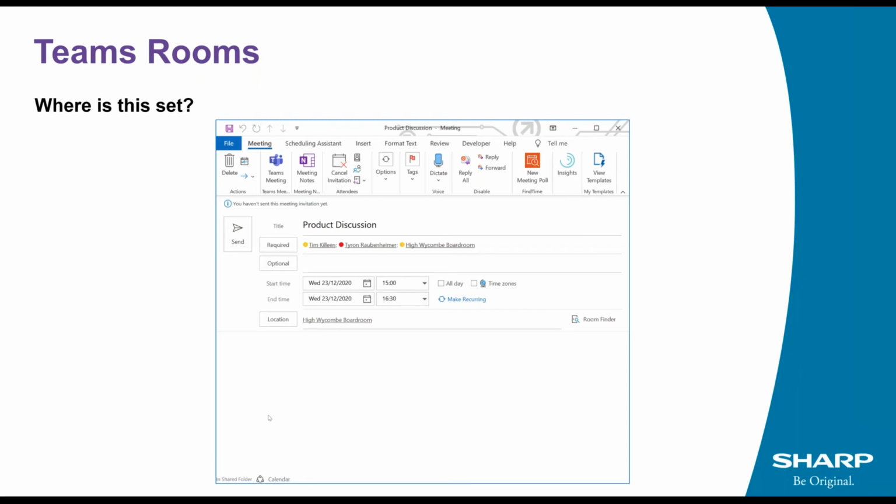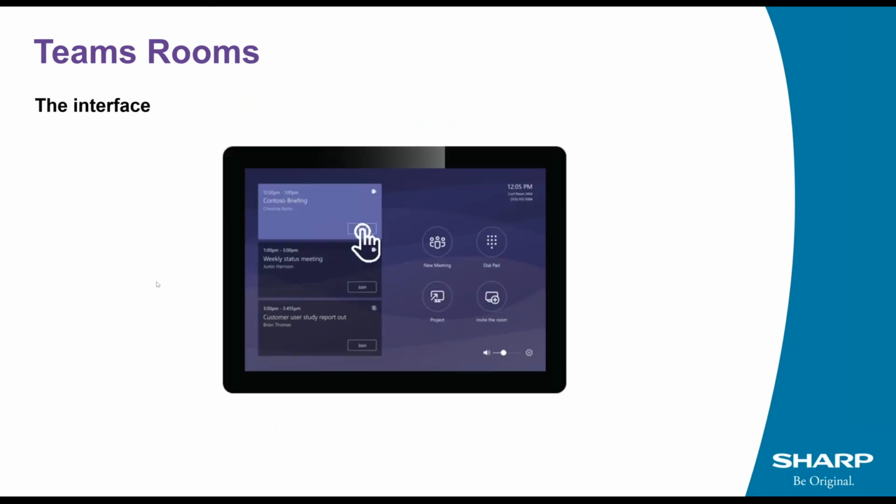And when you send the meeting request, it will then block that time slot in the meeting room diary so that no one else can use it. And when you're in the meeting room, you'll have a control panel in there which details all the meetings for that day, allows you to join, and as soon as you click join, it fires up the TV, fires up the mics and the camera, and off you go.